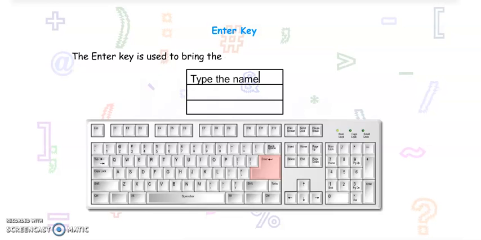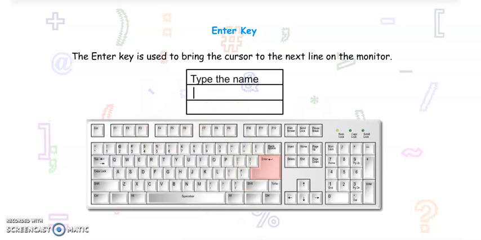Now move on to the next key, the enter key. The enter key is used to bring the cursor to the next line on the monitor. You can see this is the cursor. When we are typing, the cursor is blinking, and only from that place can we type. So if we are typing like this,